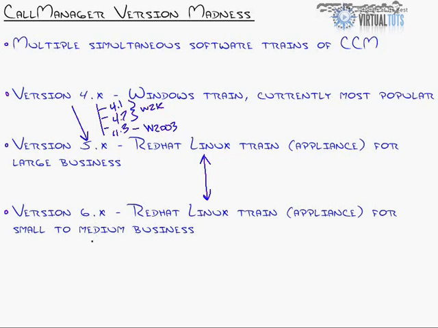The 6.x version is the appliance model released for the small to medium businesses. This one does have the option to have a voicemail server integrated with it. In all the other versions, 4.x, 3.x, 5.x, you have to buy an extra voicemail server. Cisco sells one called Cisco Unity. Now in 6.x, they integrate a basic unified messaging server into the Call Manager system, so you can truly buy